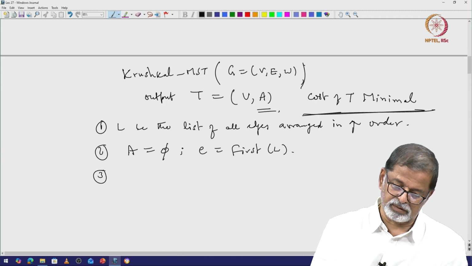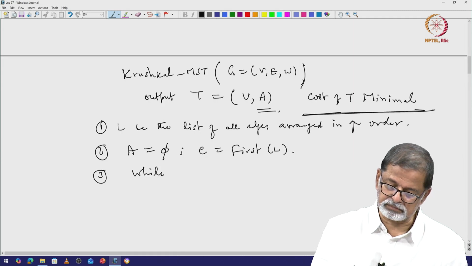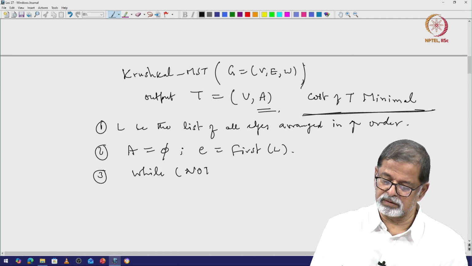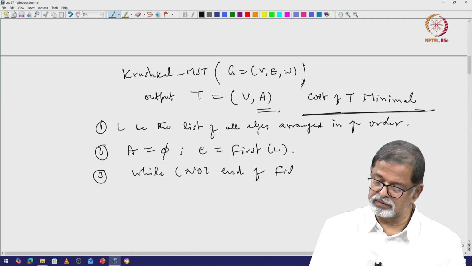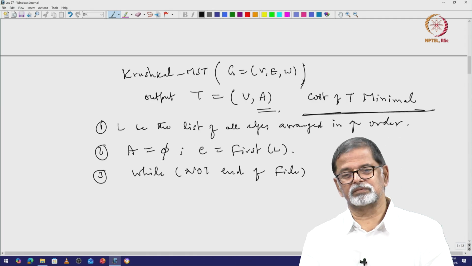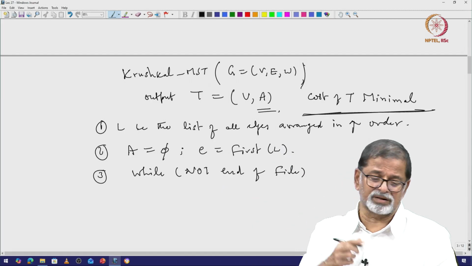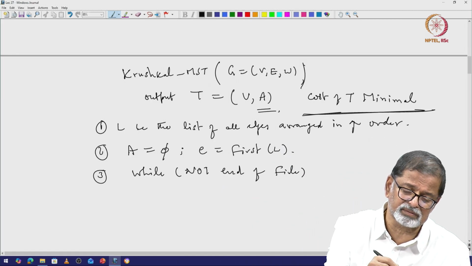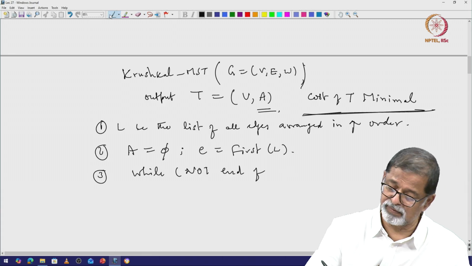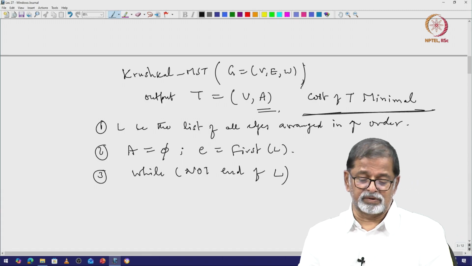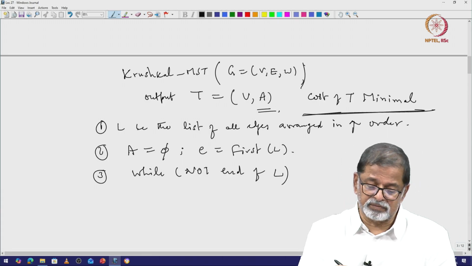Step 3: while not end of L. While you are not at the end of the list L. While not end of L,